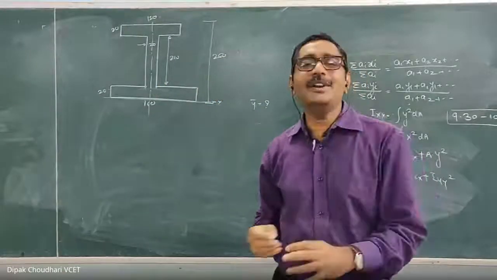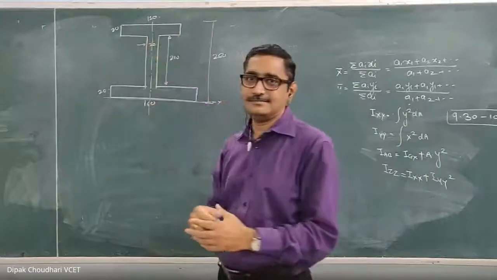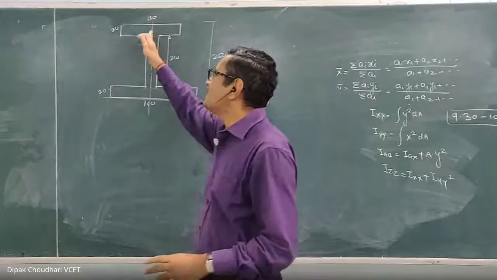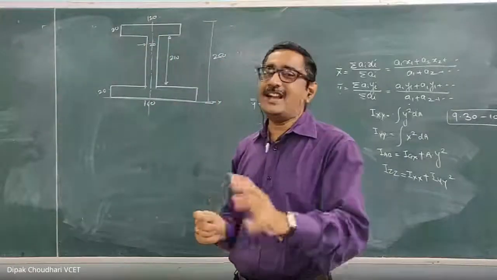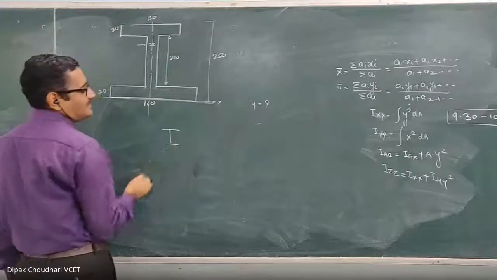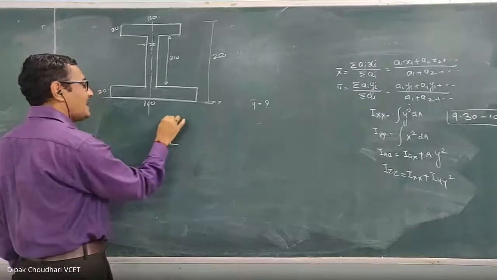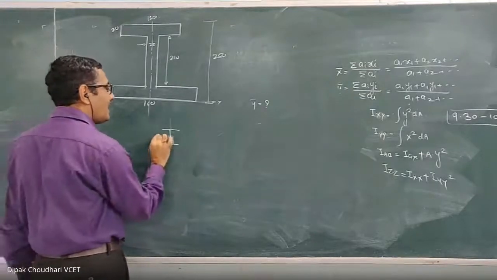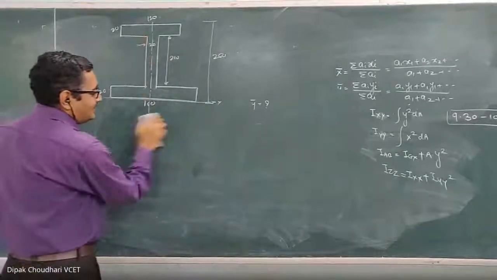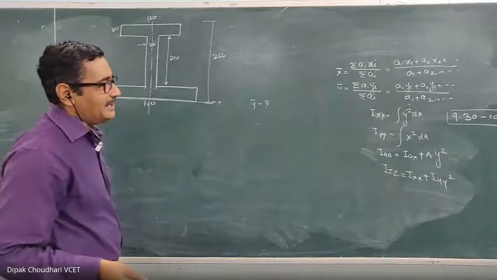So remember, unsymmetrical I section means the top flange and bottom flange have different lengths. But even if it is unsymmetrical, this beam section is always symmetrical about the vertical line. In a symmetrical I section, the lengths of the top flange and bottom flange are both the same, meaning it is symmetrical about the vertical axis as well as the horizontal axis. So in this unsymmetrical I section, this is the axis of symmetry.